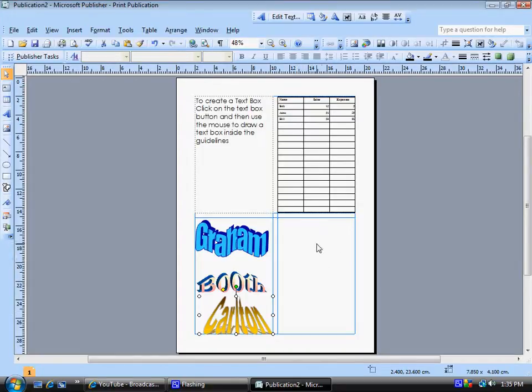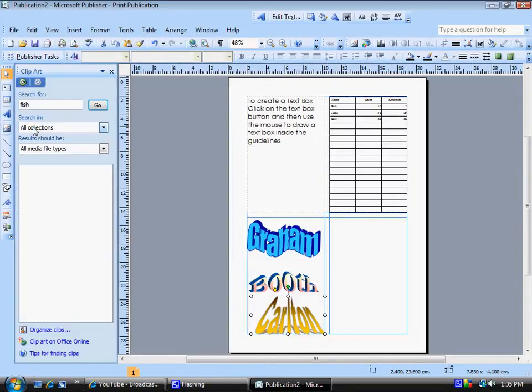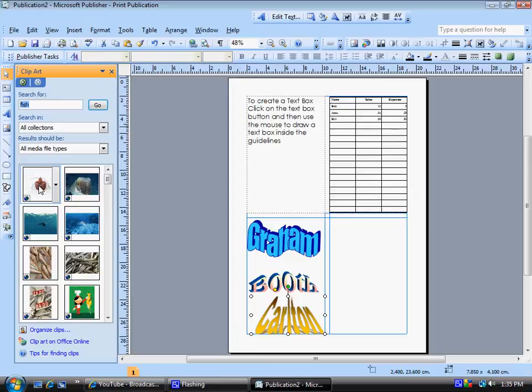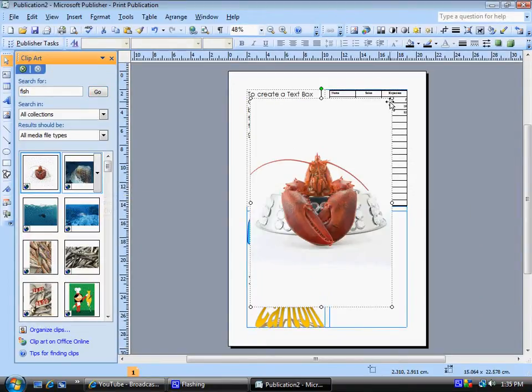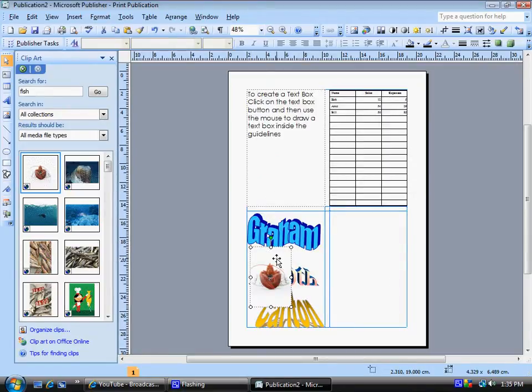The last area over here on the right is where we're going to put in 2 pictures. This is the picture frame tool button. One picture source is clip art, and up here I have the word fish. I'm just going to hit go, and up will come some pictures of fish, and here's a picture of a crayfish or a lobster. I'm going to make that much smaller using the buttons on the corners and position it over here. The button at the top would allow me to angle that crayfish if that was appropriate. Close the clip art